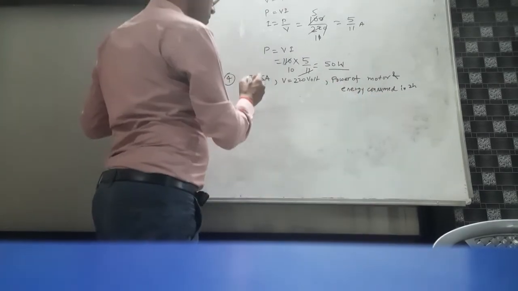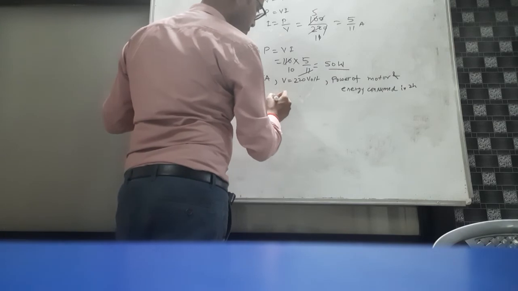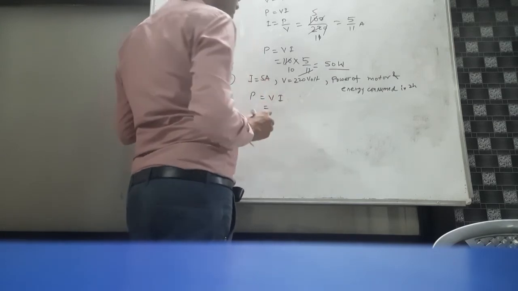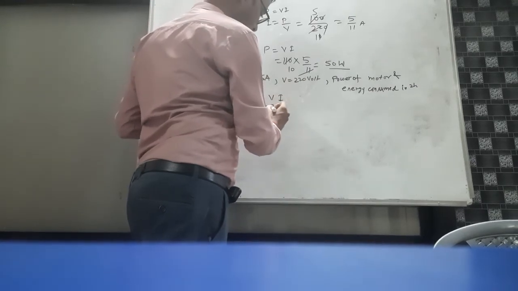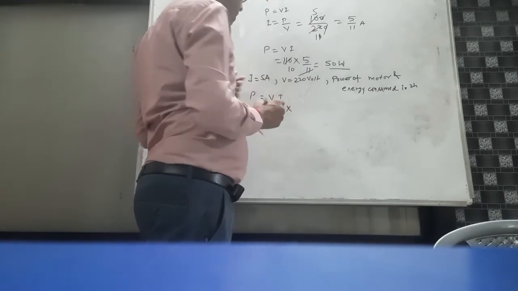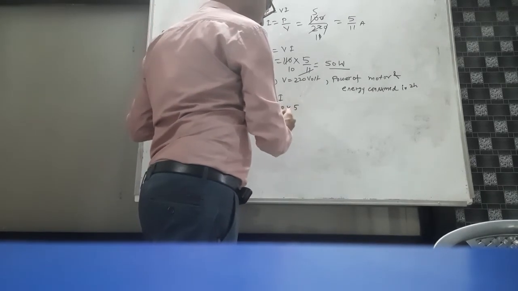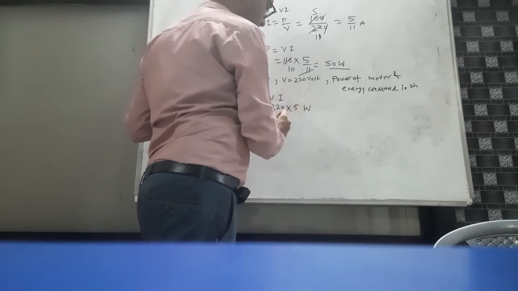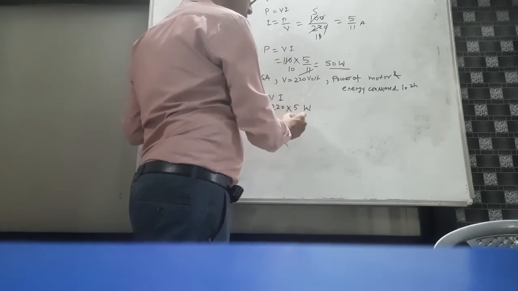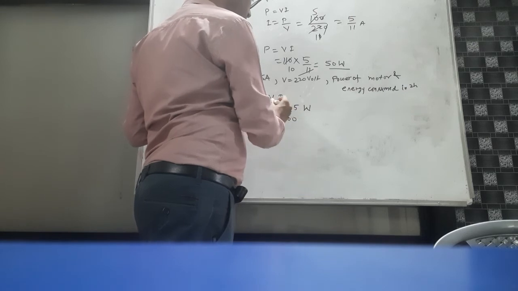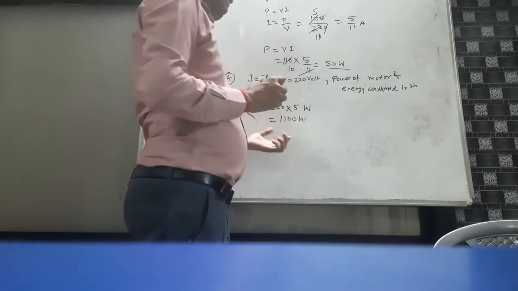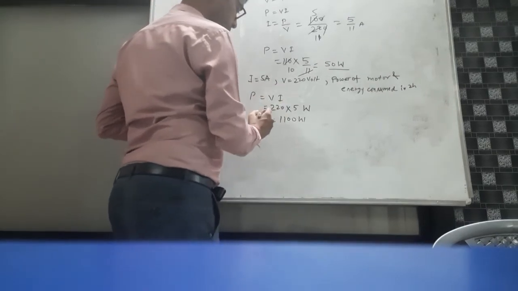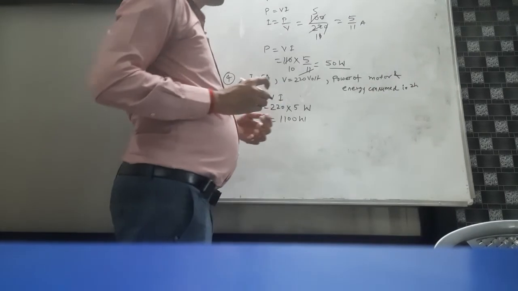Then power is P equals voltage into current. The value of voltage is 220 volt and current is 5 ampere. Then it becomes 1100 watt. And energy consumed